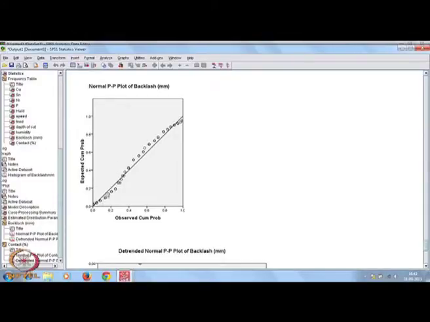You see that the data set for backlash is on the straight line, but there is a little peculiar curve, some S-type curvature, very little, but S-type curvature is there.